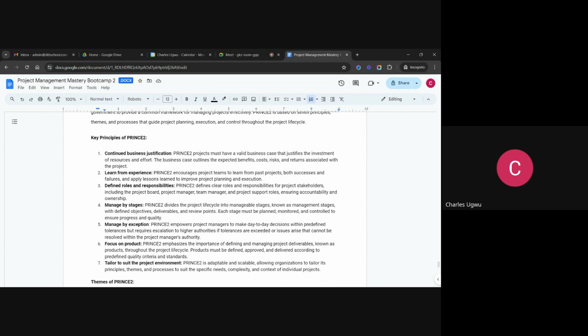So let's continue with the rest of the statement. PRINCE2 projects must have a valid business case that justifies the investment of resources and effort. The business case outlines the expected benefit, cost, risk, and return associated with the project. With all these